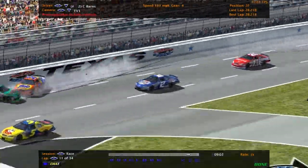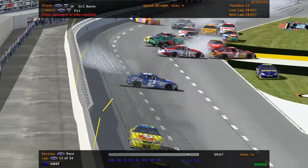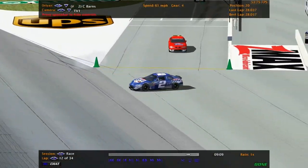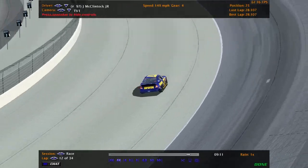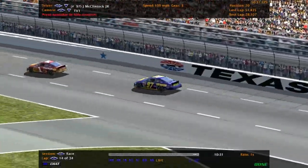And that is all driver's side. And, oh, he was almost through it. And then bam. And look at the 97 of Jeffrey McClintock Jr. just scraping by. And we're going to go to